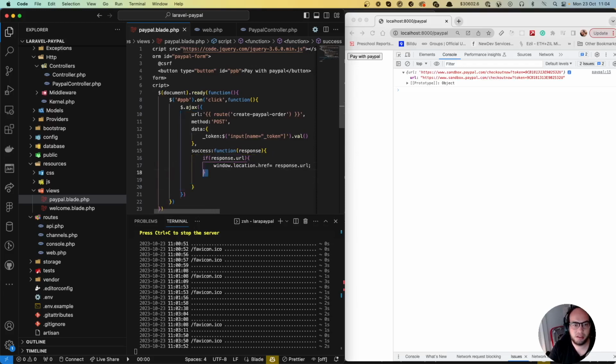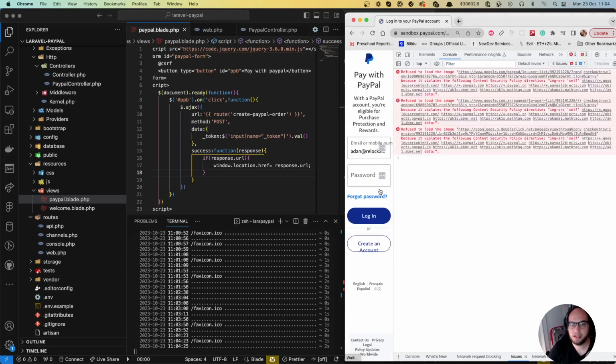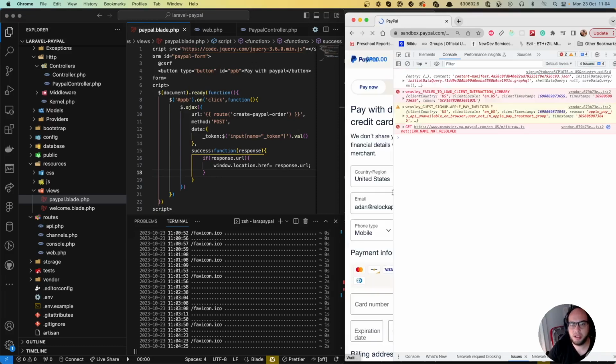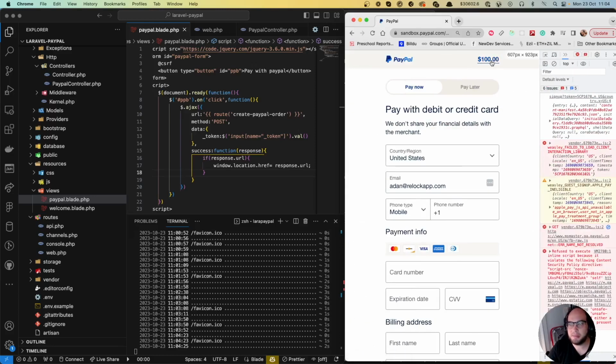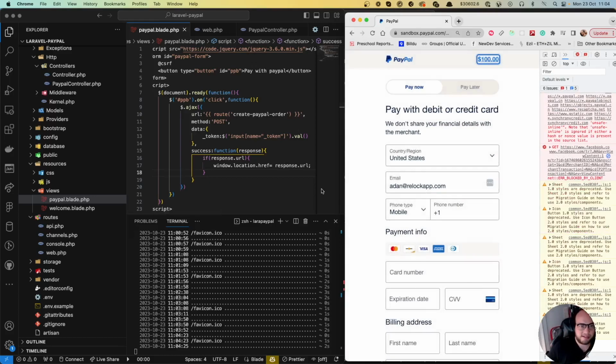Okay, so let's copy, let's refresh. Pay with PayPal. We're waiting, refreshing, creating an account, and we are on the payment of the $100. Awesome. So yeah, that's how you do a PHP Laravel integration with